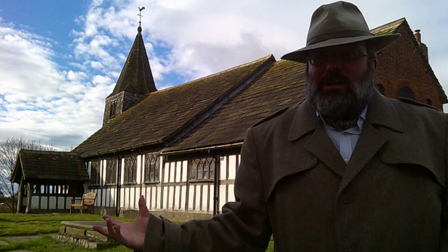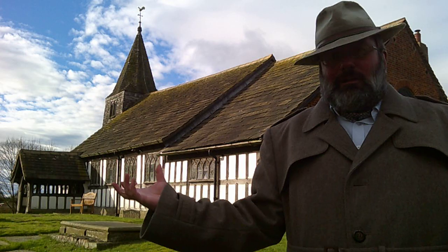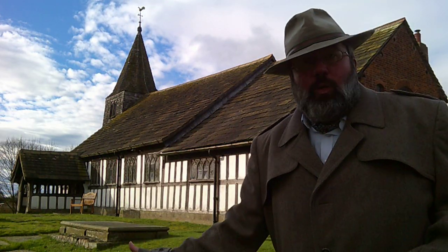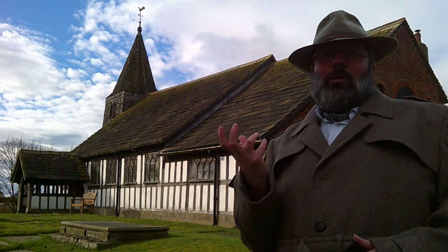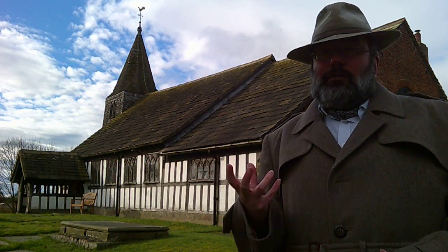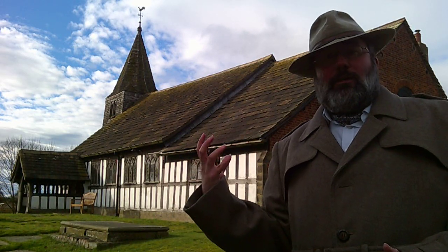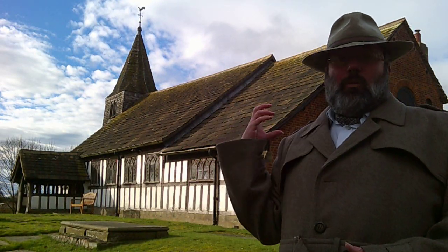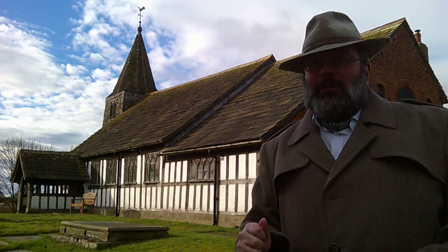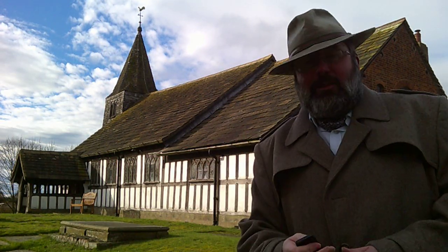It's set on a hill, so it can be seen for miles. And of course it's all painted white. It would have originally been painted white, quite probably because, again, what you're trying to do is give the impression of stone, and not the local Cheshire sandstone, but this white stone. You want it to be white and to be like a city on a hill that cannot be hid. It's a lovely building. So we'll have a look around the outside and I'll point out some of the salient